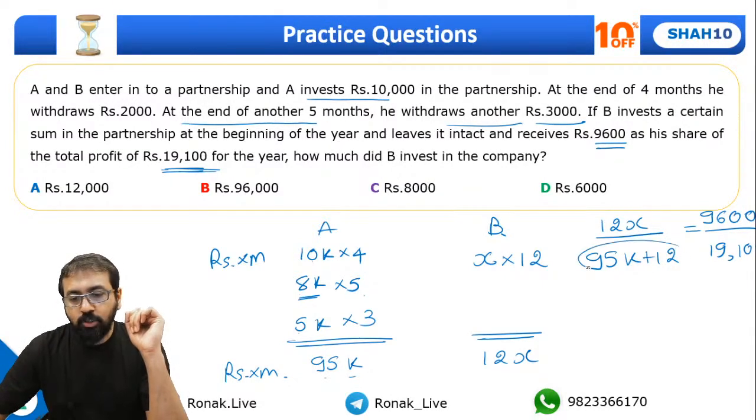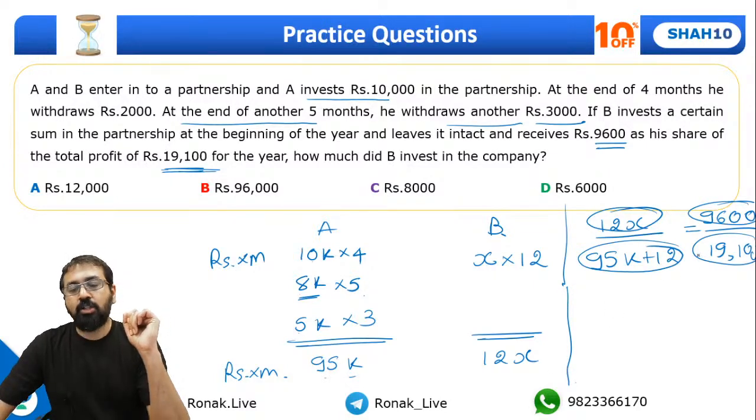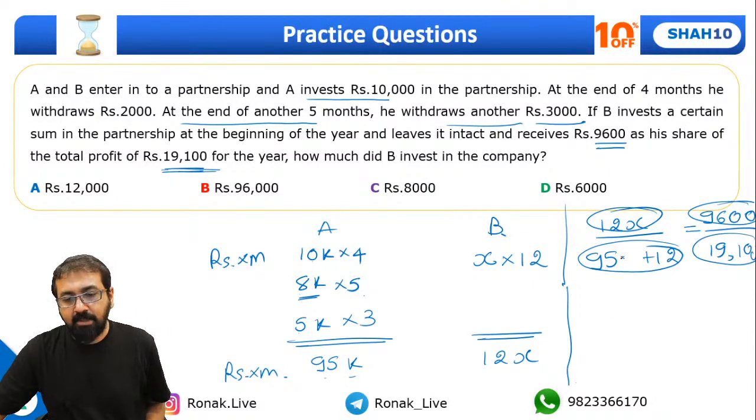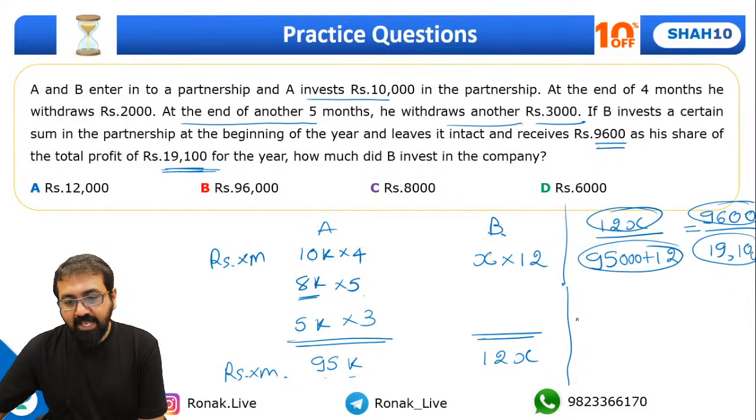See, out of the total investment, B's investment is this one. So out of the total profit of 19,100, B's profit is this one. So can I say these two should be the same? Everyone, did you get how I got this ratio? Right? So just solve this. K is nothing but 95,000, by the way. So if you solve this, what will you get? You will get X equal to